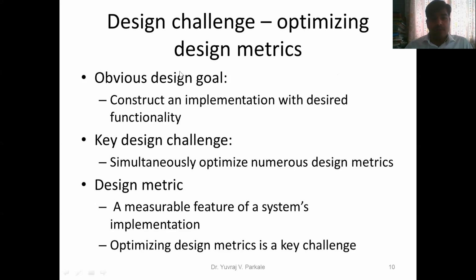So what challenges will you see? Okay, let's take an example. Let's say you have to design any embedded system, or rather, you have to design your own project. So what are the difficulties you will face? Okay, let me know. You have to design your final year project, which is nothing but an embedded system. So what are the different challenges you will see? Anybody?